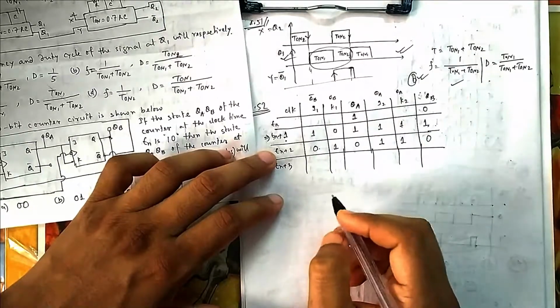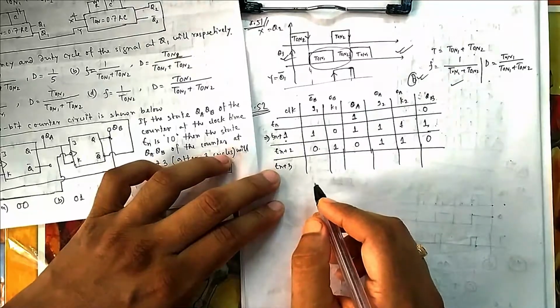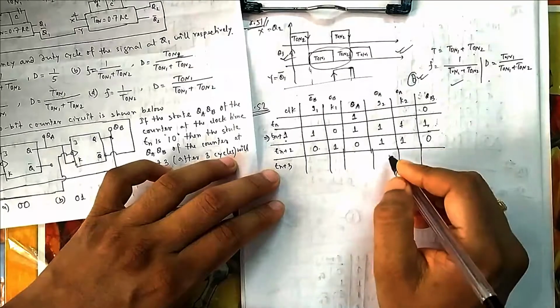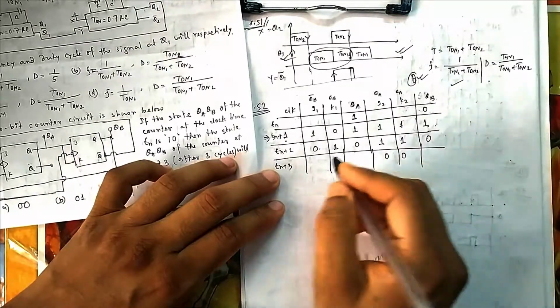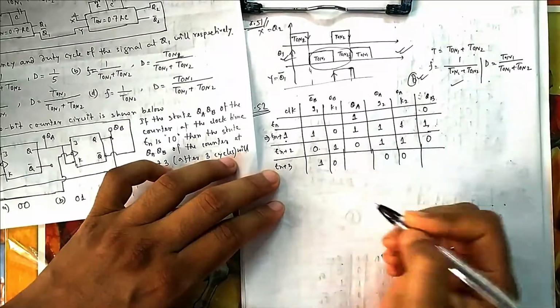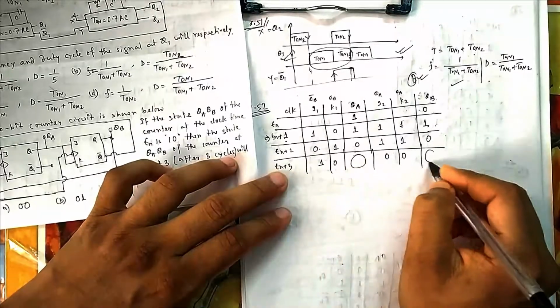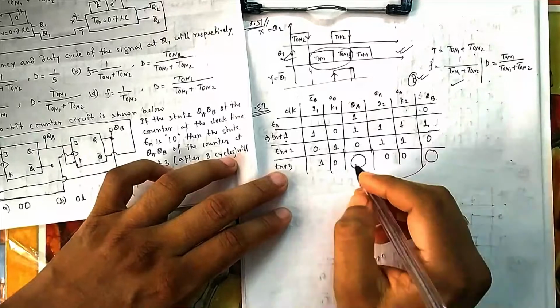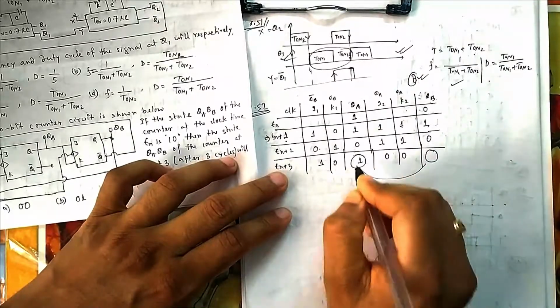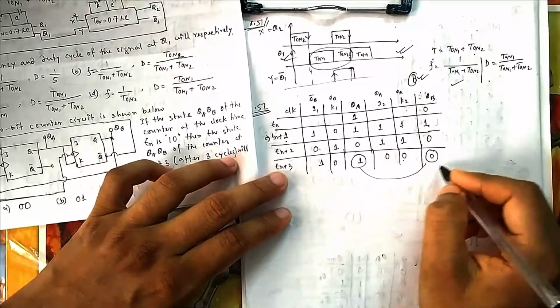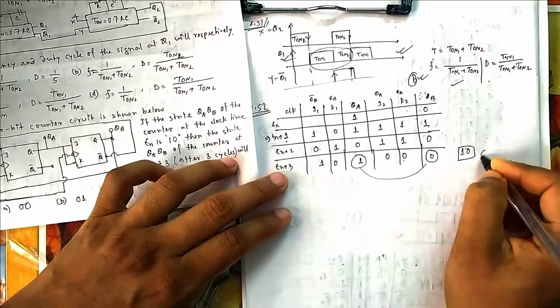Okay, now if you come to the third shot, before giving the third shot, again you write the inputs. So it is QA, so it is 0 0, and it is QB, and QB bar. Okay. Now I give the third shot. After giving the third shot, this will be my answer. So it is 1 0, so it will be 1. It is 0 0, so it will hold its state, so it is 0. So what is the answer you are getting? 1 0. So this is your answer.